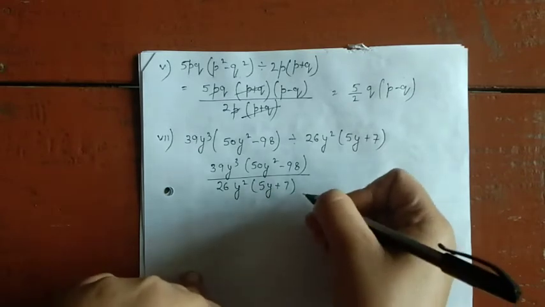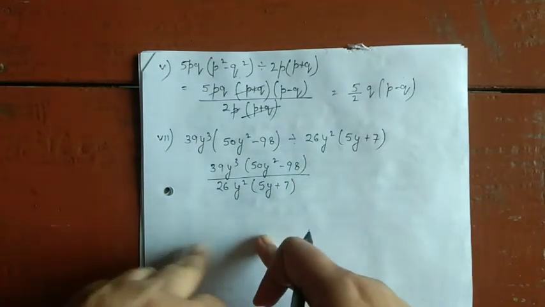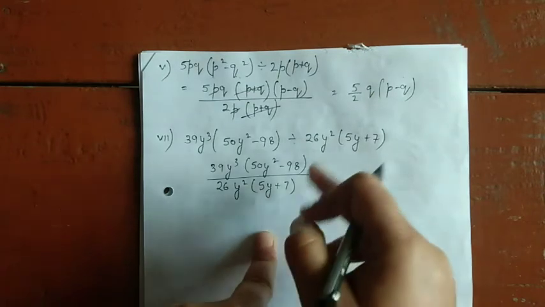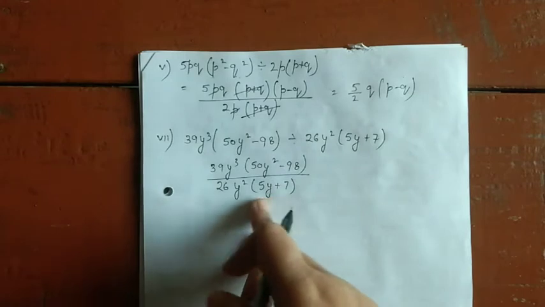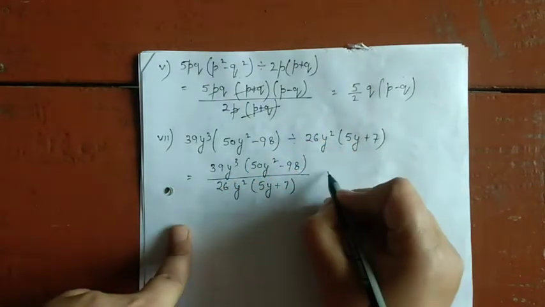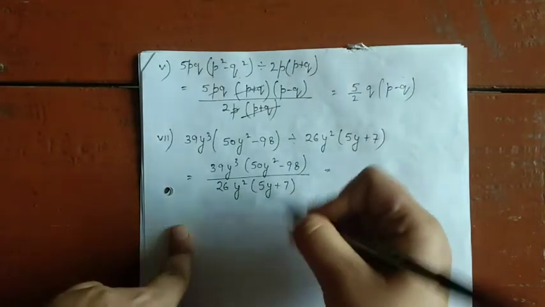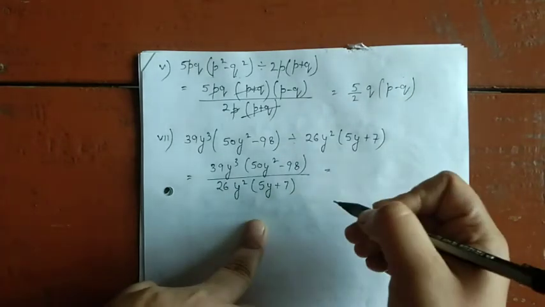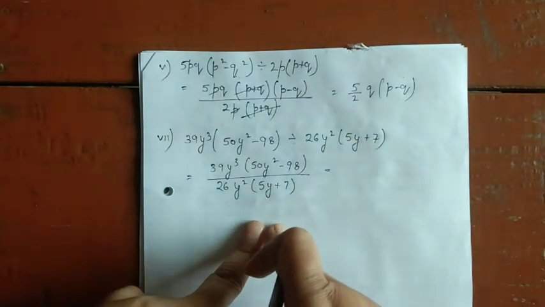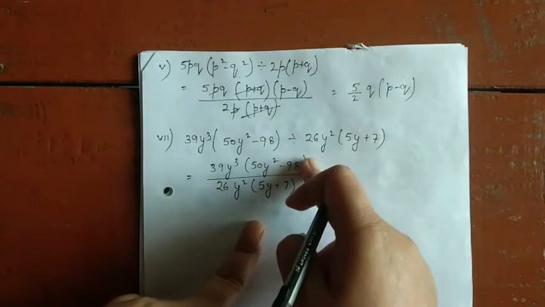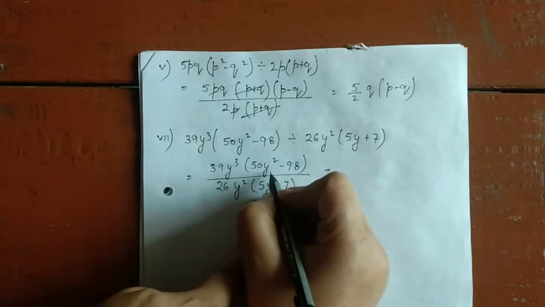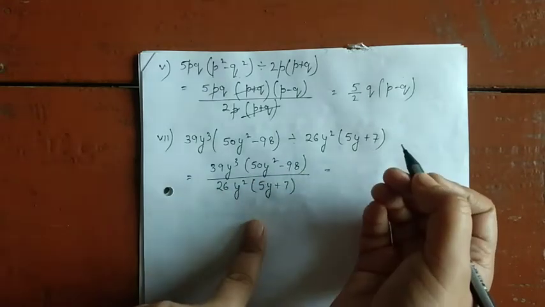Whenever we have this type of question, we have to factorize and then divide. Whatever is in the denominator will be related to the numerator also, means one factor of the numerator will be similar to the denominator. It is confirmed. In the next classes we will get questions that are a little bit complicated, but here the questions are simple. Means if 5y plus 7 is in the denominator, one of the factors of the numerator is also this one. Okay, so now see, y square we have, but 50 is not a square of something.